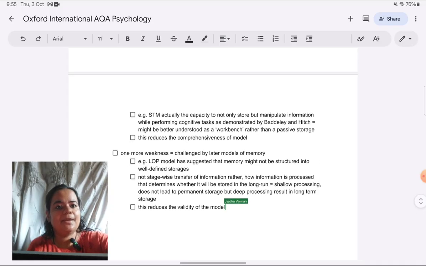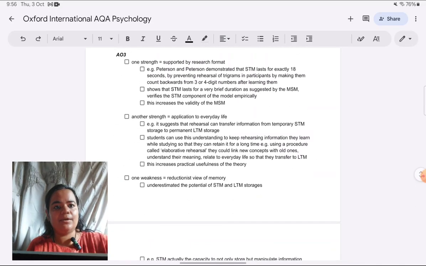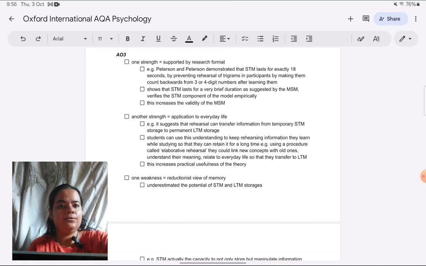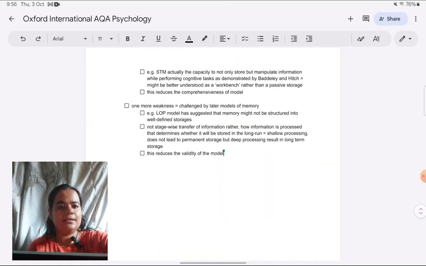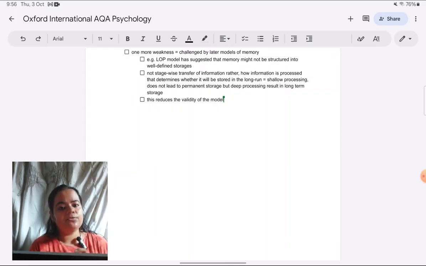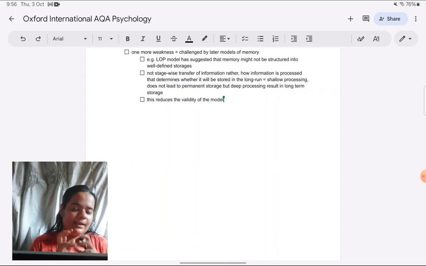Okay, so that covers my AO3 points. I wanted you to see how I've given a depth of information. Every point I have elaborated upon rather than just trying to include as many points as I could. And you can see AO1 as well. I know it looks lengthy, the outline, because this answer is worth 20 marks, so it is going to involve a lot of writing. Keep on writing even when you write your outlines. It gives you writing practice. Your hand keeps moving, and that helps you to ultimately gain speed.